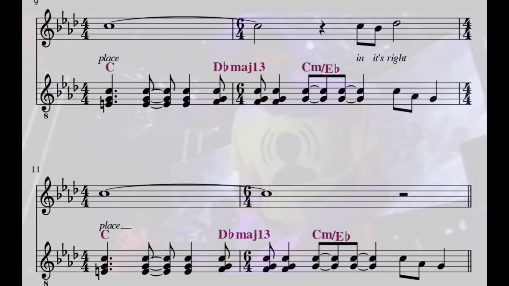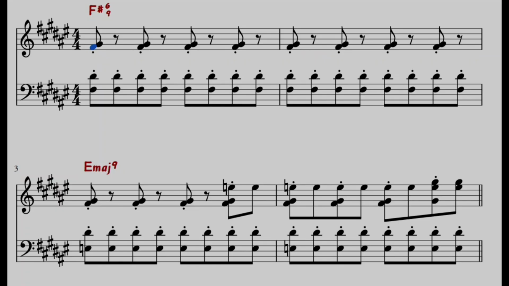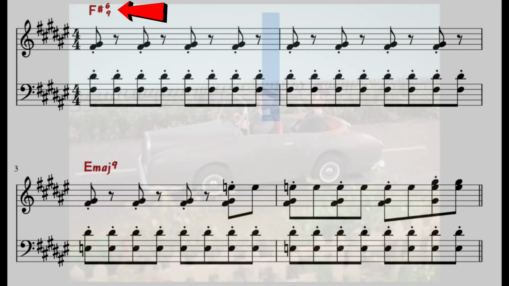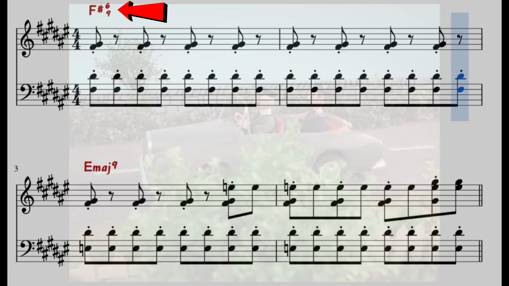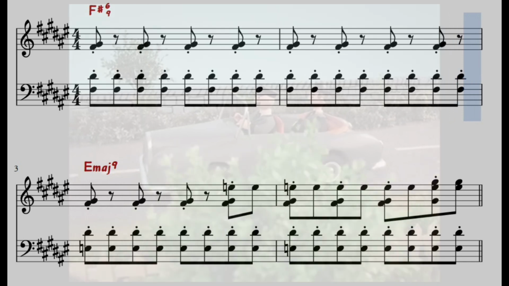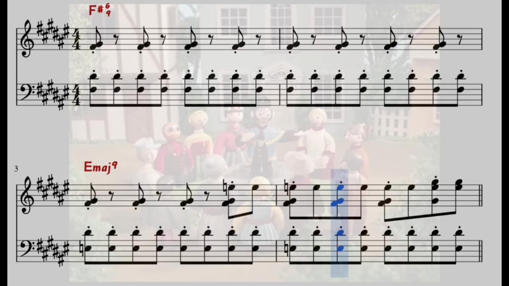So the last example we're going to look at today is from Radiohead's most recent album, A Moon Shaped Pool, and it's Burn the Witch. Burn the Witch begins with this repeated F sharp 6/9 chord, so our ears are instantly pulled towards an F sharp major sound. But then we move to this E major chord, and E major doesn't belong in F